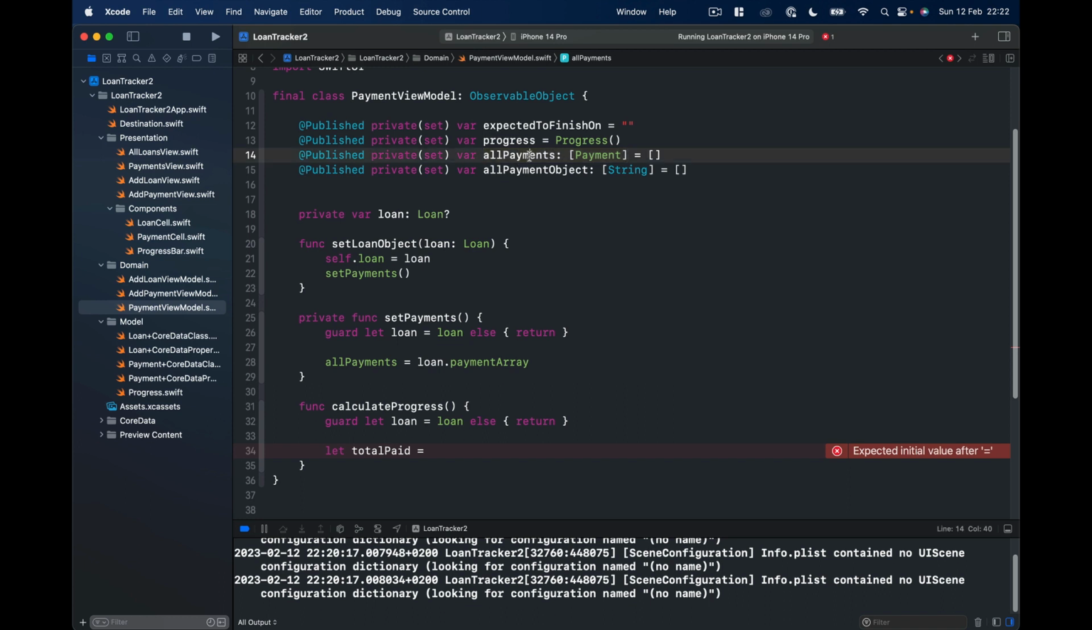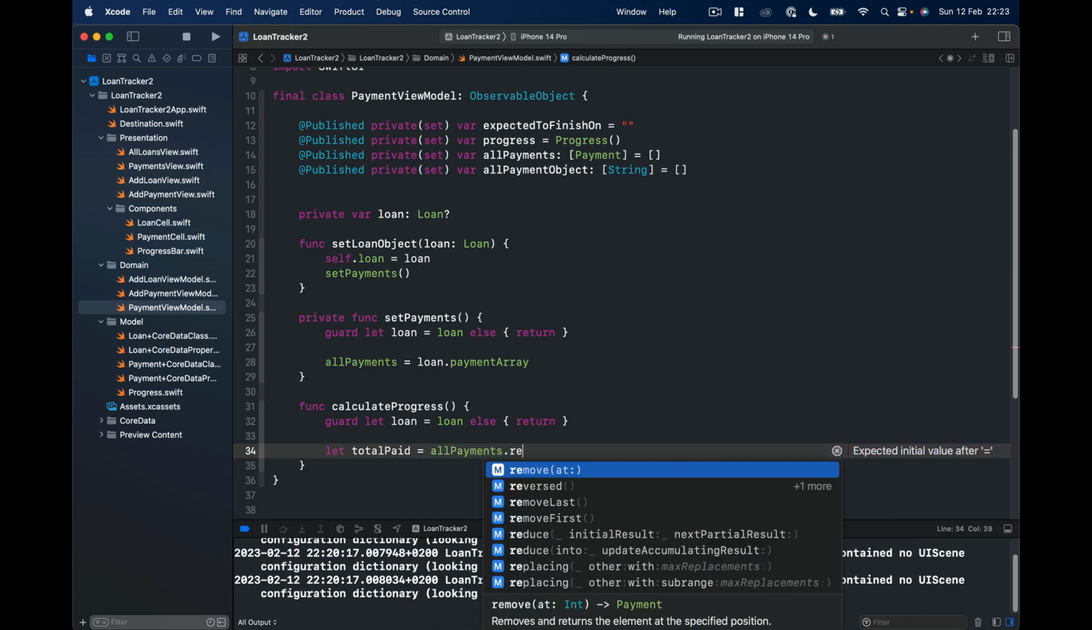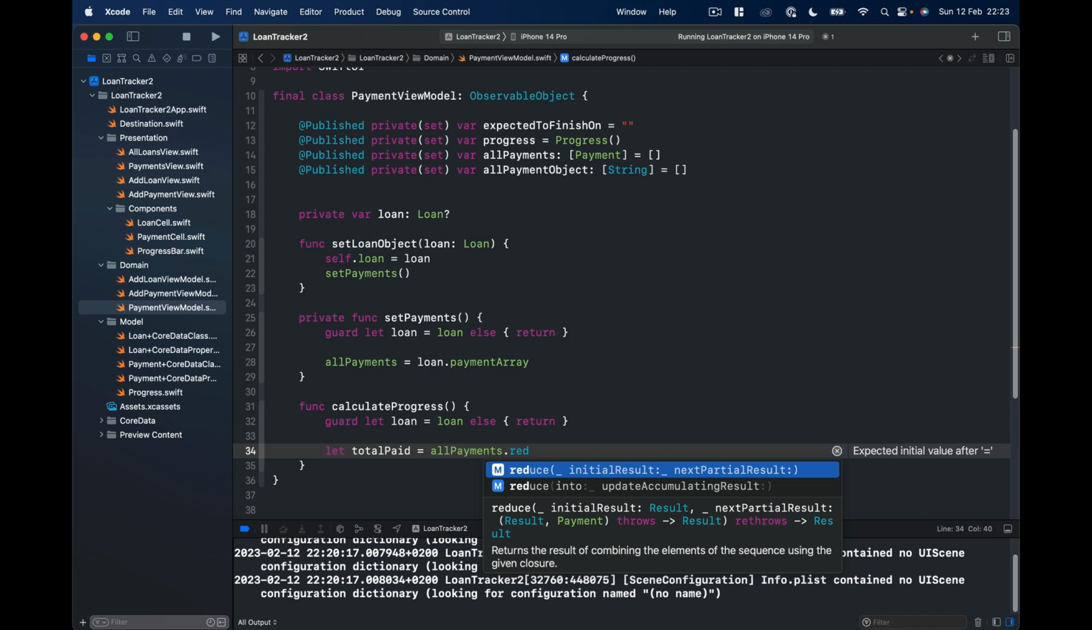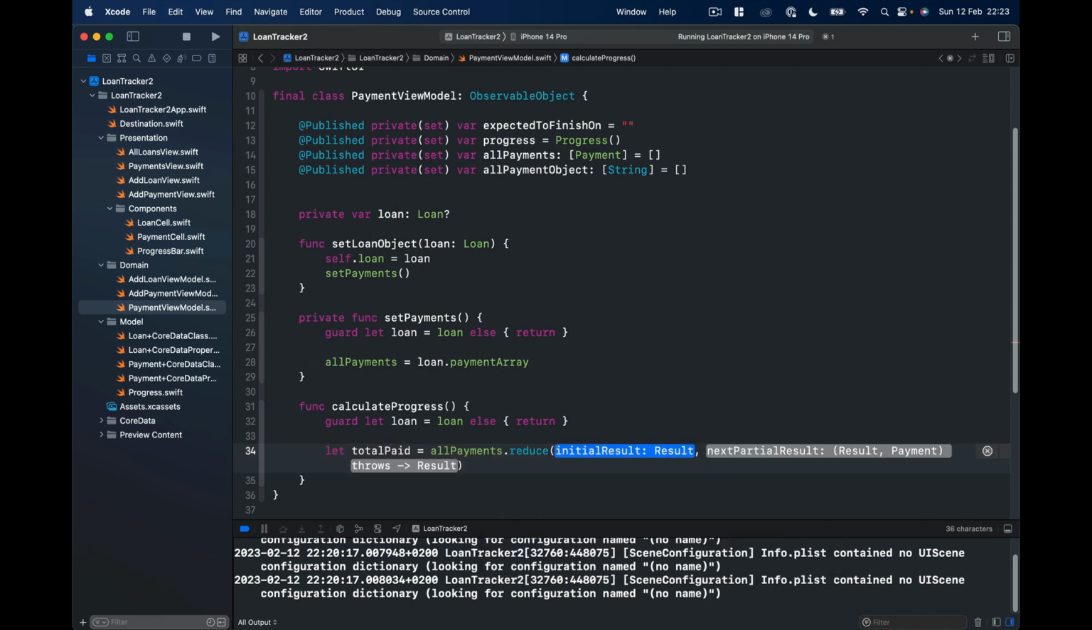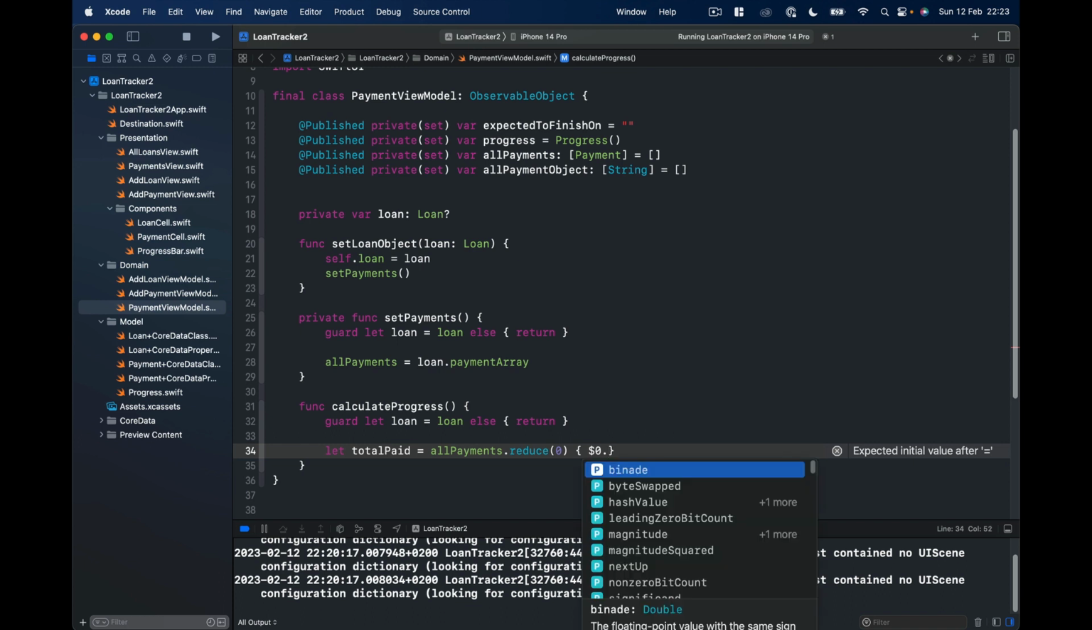We want to go over all these payments and from each payment we want to get the amount and we want to add all of them together. And once we finish going through the array, we will have our paid amount. So to do this, we can use the reduce of the array. So we say all payments, and we want to reduce to 0. And what we want to do is we say $0 dot